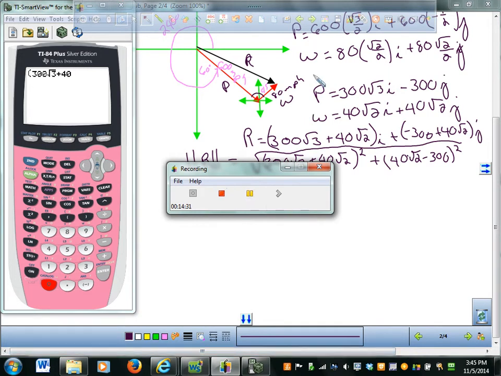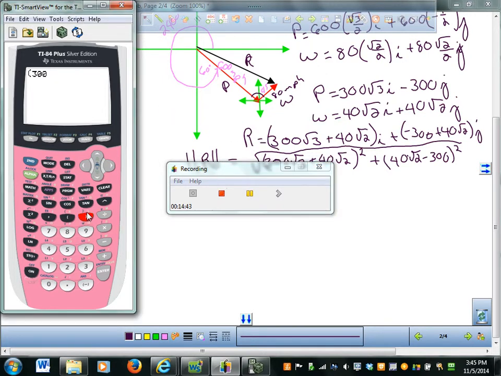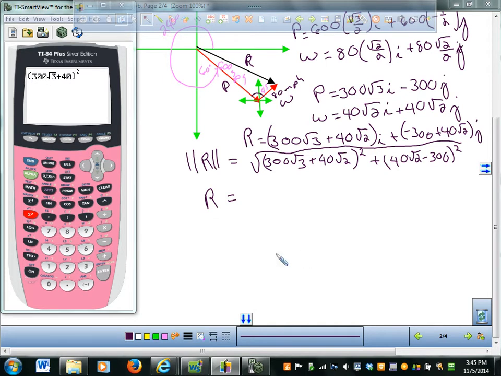Okay. All right, I'm back. So where were we? We were doing some math here. I was finding the magnitude of this. I forgot. So I'm going to close that parentheses, and I am going to square that quantity. Then I'm going to take 40 root of 2 minus 300,